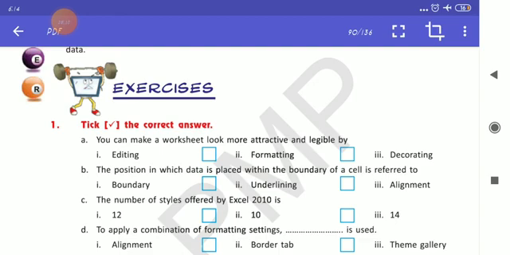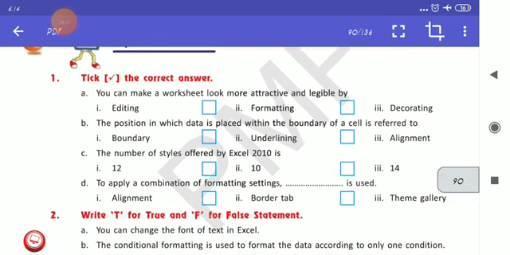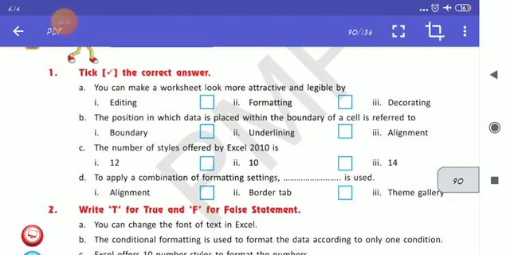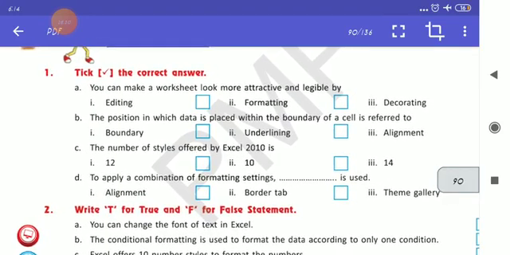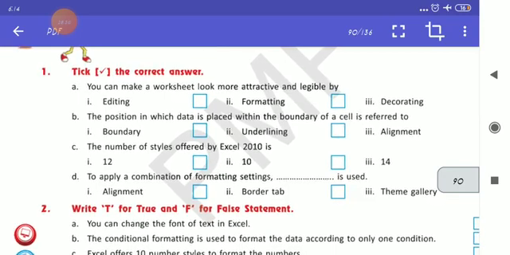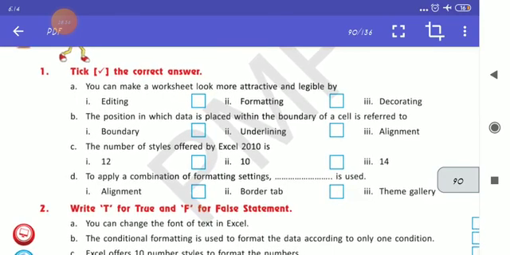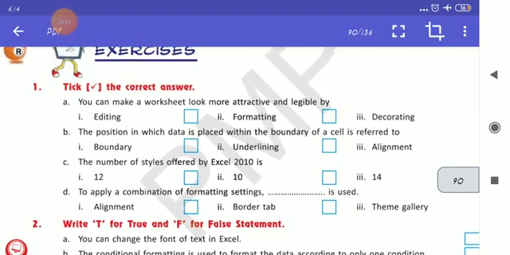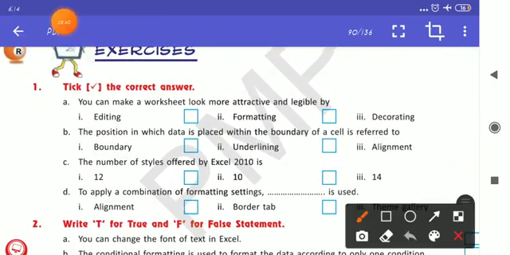So decoration is not done here and editing also is not there. We are not editing anything which has been written earlier. No, we are formatting it to make it more attractive and legible. So here the answer will be formatting.